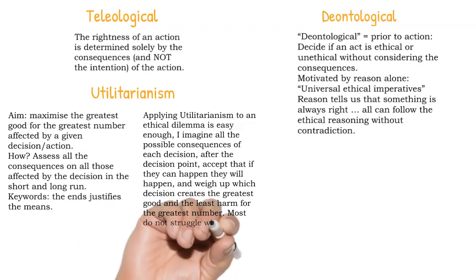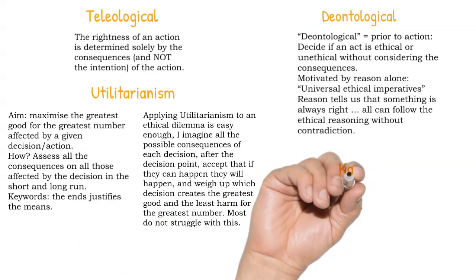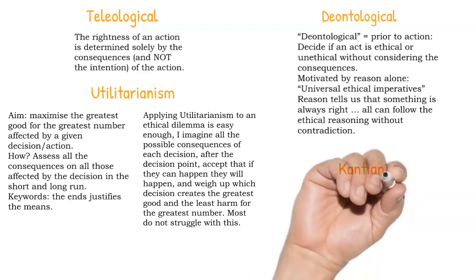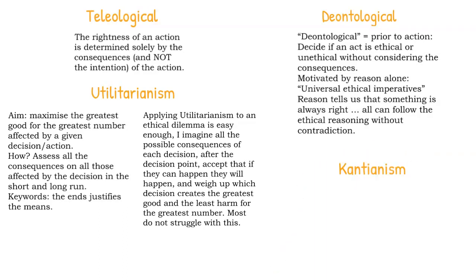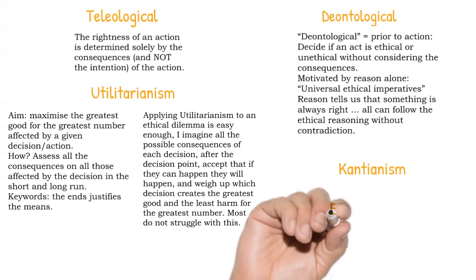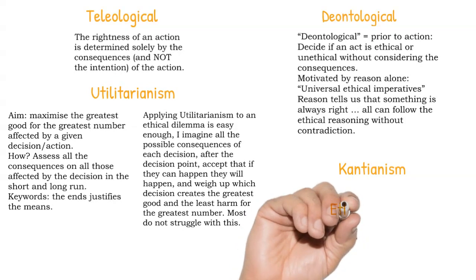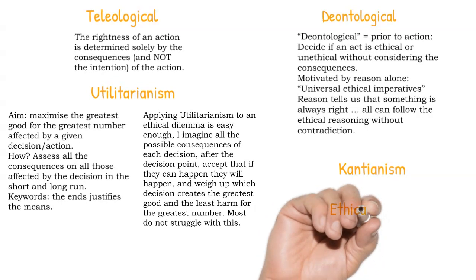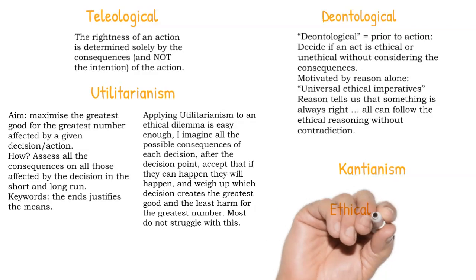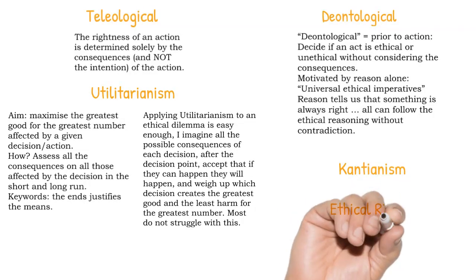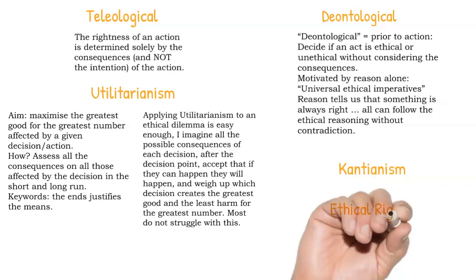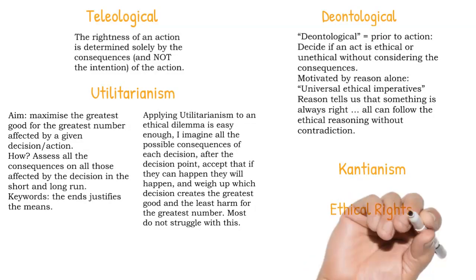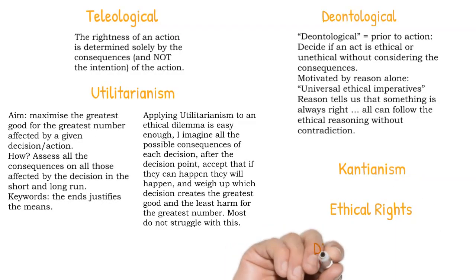Under deontological, we studied Kantianism, or Kantian ethics, theorized by philosopher Immanuel Kant of the 18th century. Ethical rights theory, or what we have simply called rights theory. Now, we didn't study the origins of this theory, but it was the oldest theory we studied. While we see it manifested in places like the United States Declaration of Independence and the United Nations Declaration on Human Rights, the modern version of the theory is attributed to John Locke of the 17th century, although it has links back to Plato's virtue ethics of the 4th century,